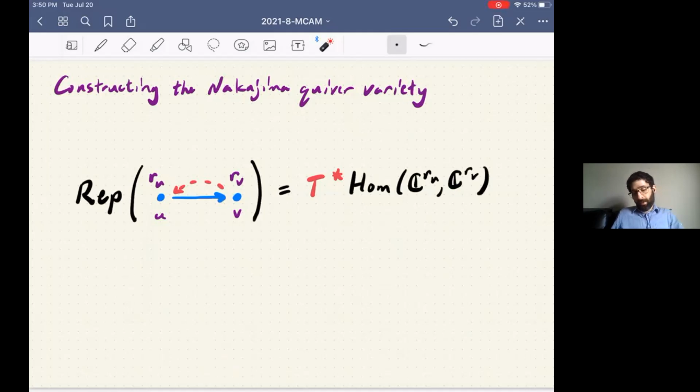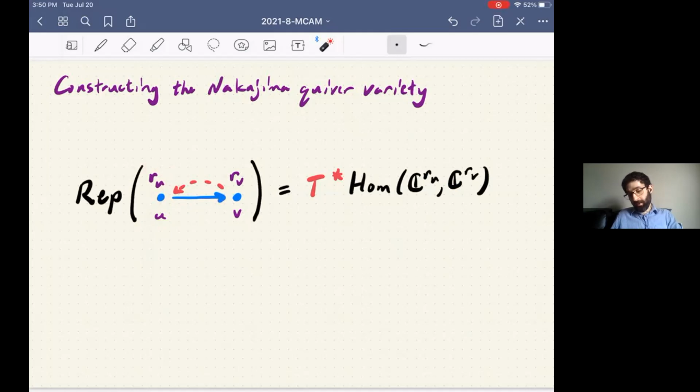So really, to get a feeling for this, I just have to give you a couple of nodes and an arrow between them, and then everything else is generalized from that. So I'll have a couple of nodes that I'm going to label U and V, and these will come with weights, with dimensions associated to them. So this is part of the data of the graph. So I'm going to have some natural number here and some natural number here. Okay. And this arrow, the blue arrow here, is a map from C^rU